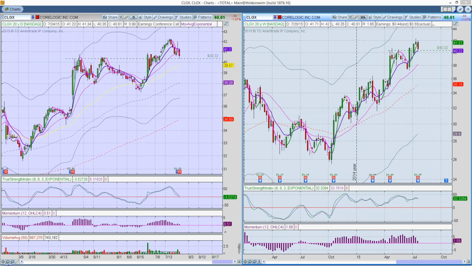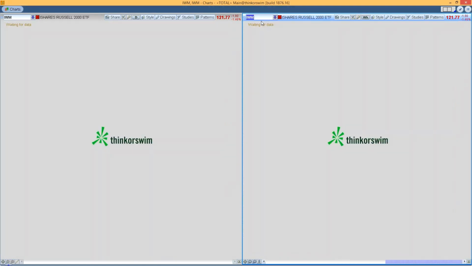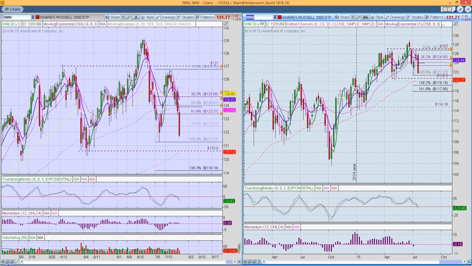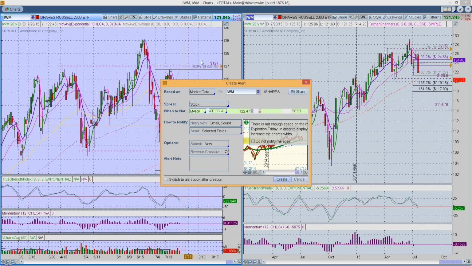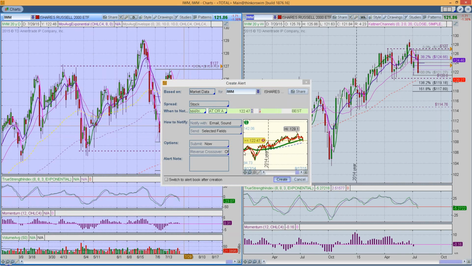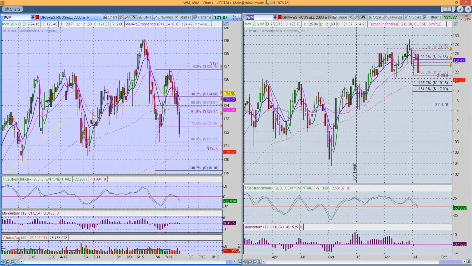So any other stocks to look at, folks? Let's see how IWM is holding up or not. And right now it is basically doing a nice little sell-off. We'll see if we rebound here, which is the ideal place where it would potentially rebound. So let's see what happens to it before the end of the day, and then we will plan what we're going to be doing on the positions that we're open on going into next week.